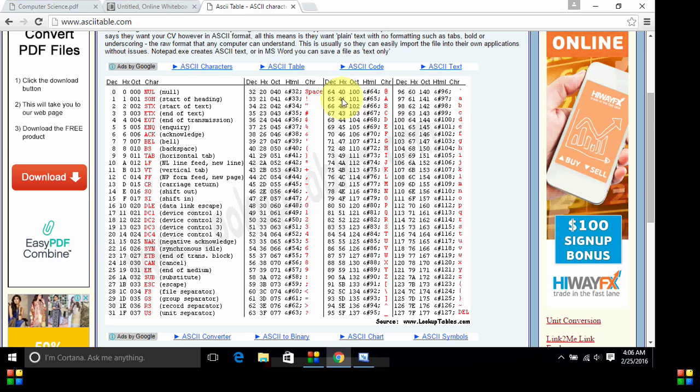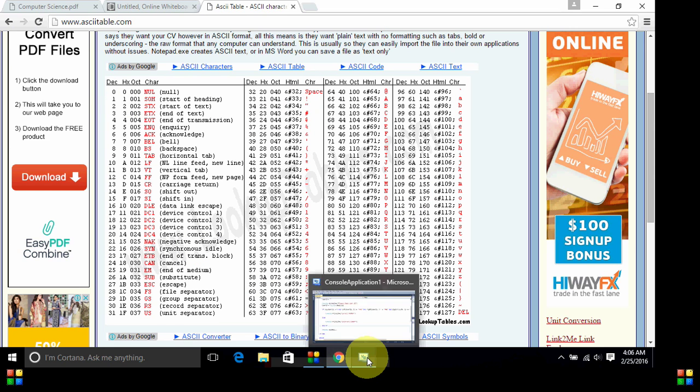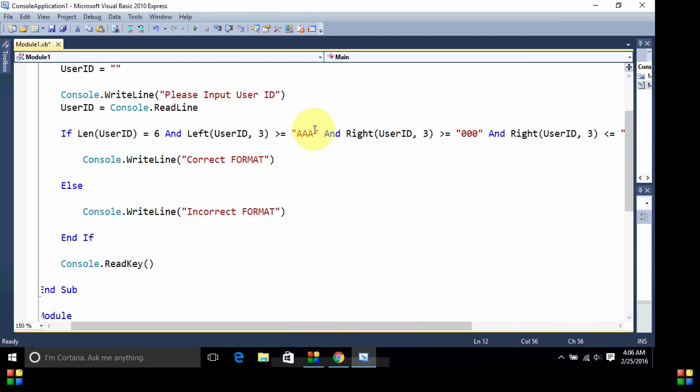So these are all the letters, and we can accept anything in between capital A till small z, anything in between. So everything will come in between the capital letters and small letters. Everything will come in between this condition that I'm writing right now, from AAA, the start 65, to